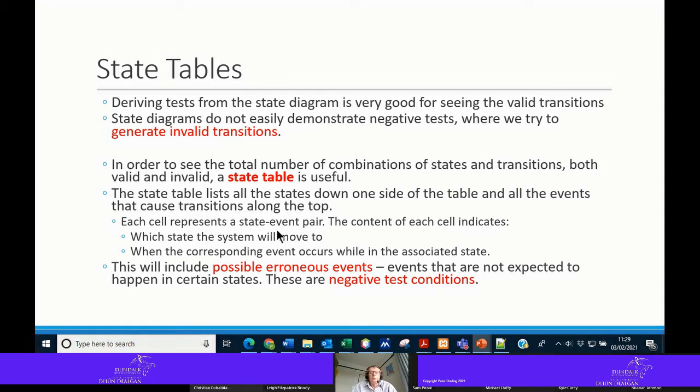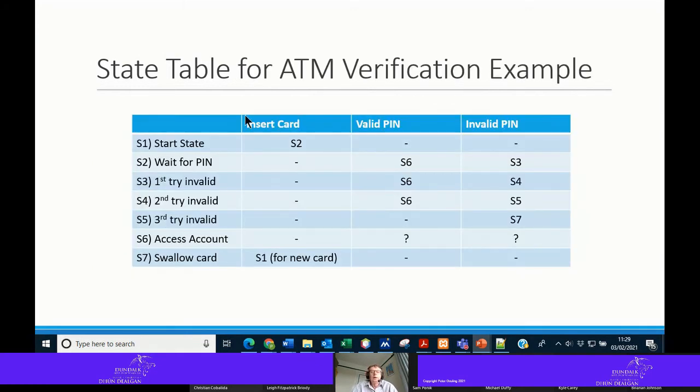Probably the most important part of the whole thing is that when we look at it, we can physically map through that we're going through every state possible, which I think is probably the best part of the whole thing. So we have situations here. We've got our 7 states. We've got a number of actions: insert card,